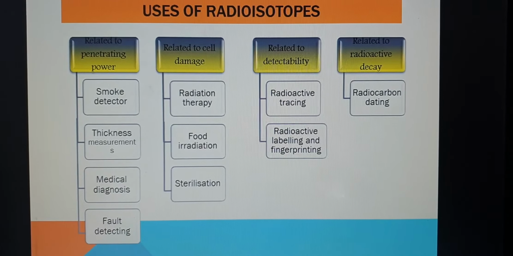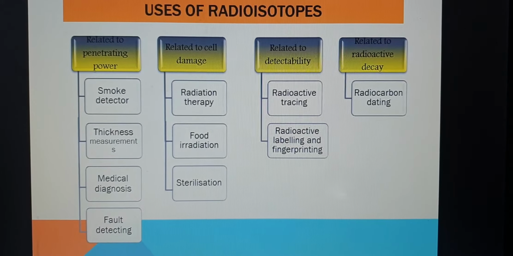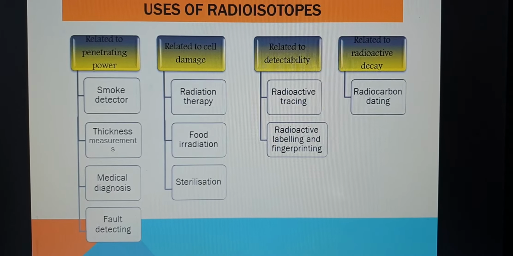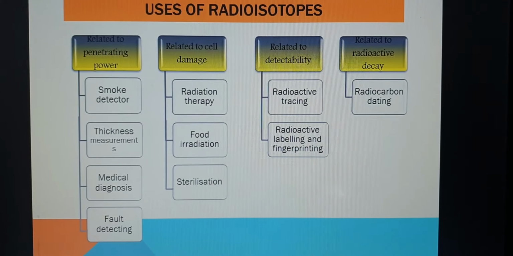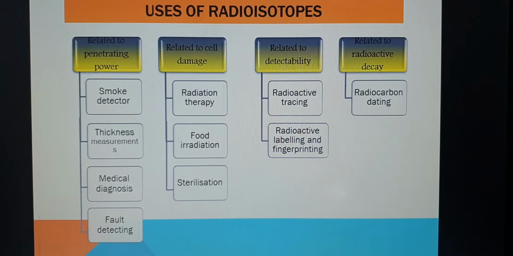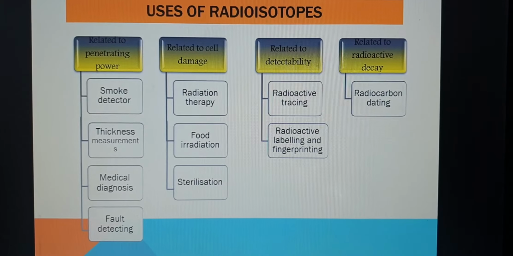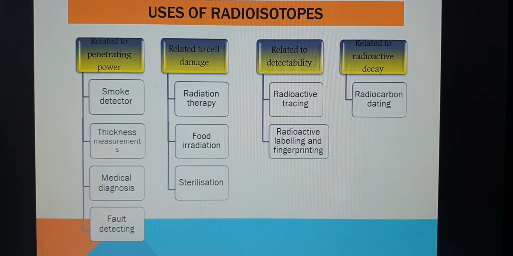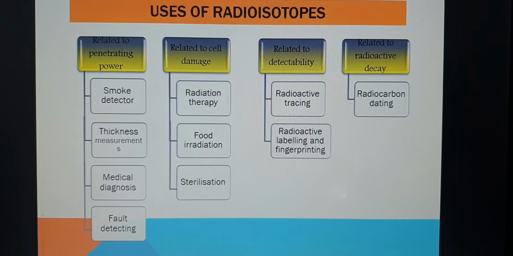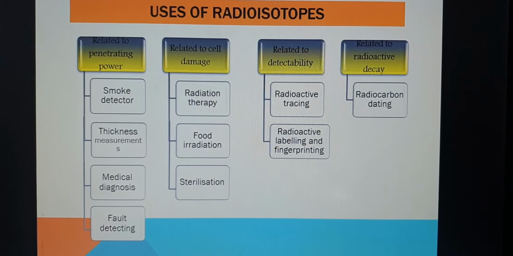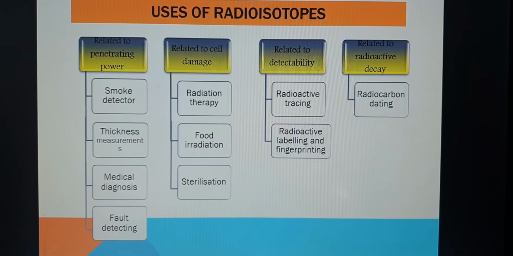In paper manufacturers, for example, they use beta radiation to check the thickness of sheets of paper to be sure that all the sheets of paper have the same thickness. Medical diagnosis. We can use gamma radiation to detect any problem in a patient's body. Fault detecting. Engineers use gamma radiation to detect any faults in metal pipes, as gamma radiation has the ability of